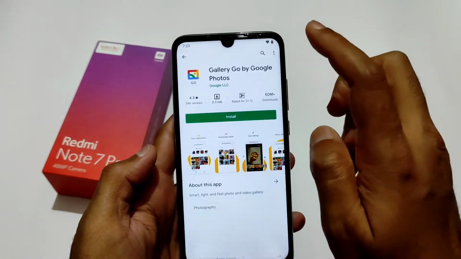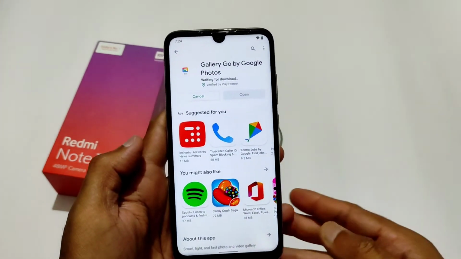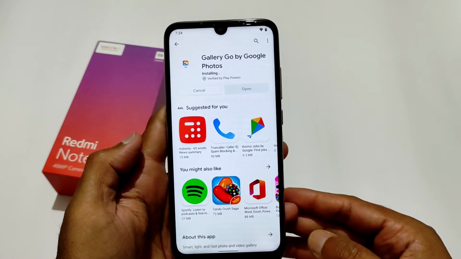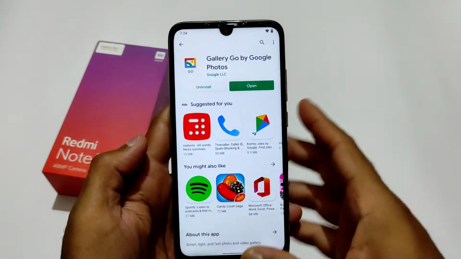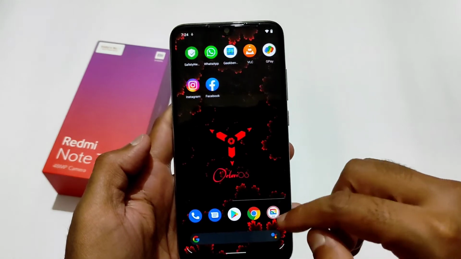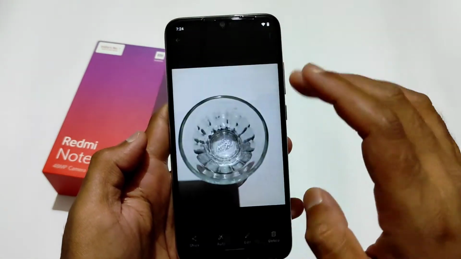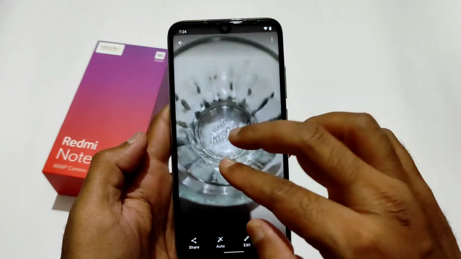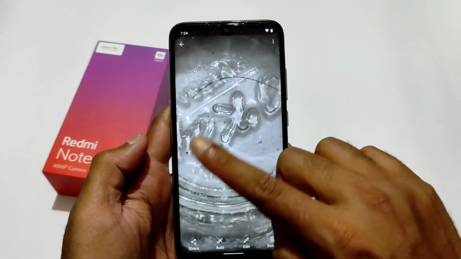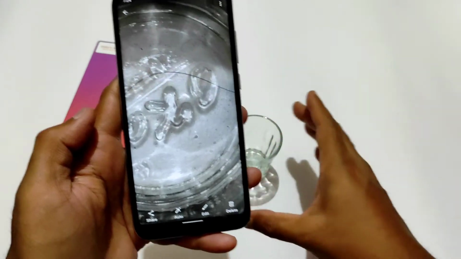As you can see, this is a very good ROM. You can use it as a daily driver. It's pretty new with the added Gcam. No need to install a separate one. For many it will be helpful. As you can see, this is how the clarity is. Okay, you can easily read. Even the hair is available there. It's fine.